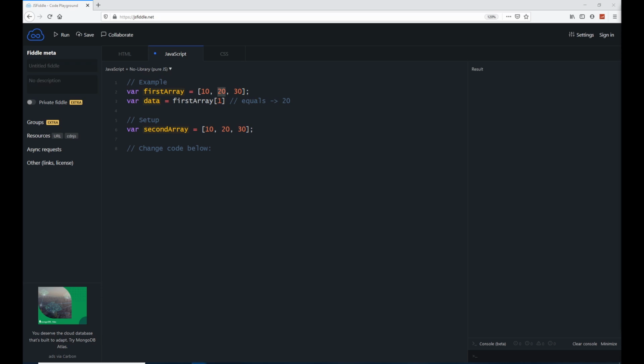So let's do the same thing down here. My array, second array, equals 10, 20 and 30 again. So let's try to find the last element in it. So first of all, let's create another variable. So let's say var example equals, now we put the name of our array, in my case second array, and